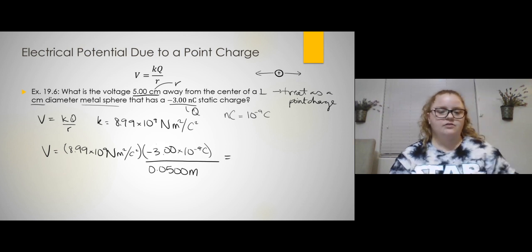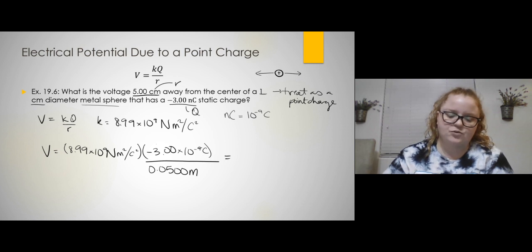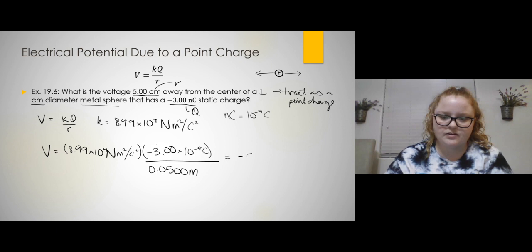Plugging this in, 8.99 times 10 to the 9th times 3 times 10 to the negative 9th, divided by 0.05, and remember that it's negative, we get